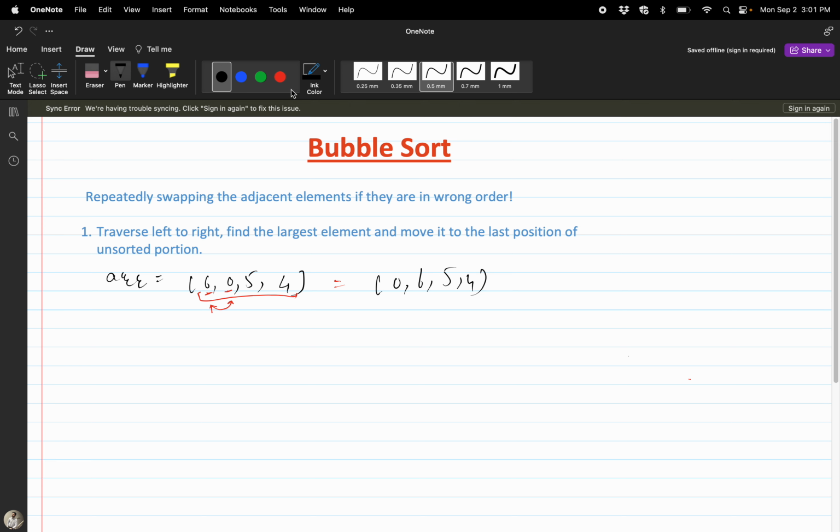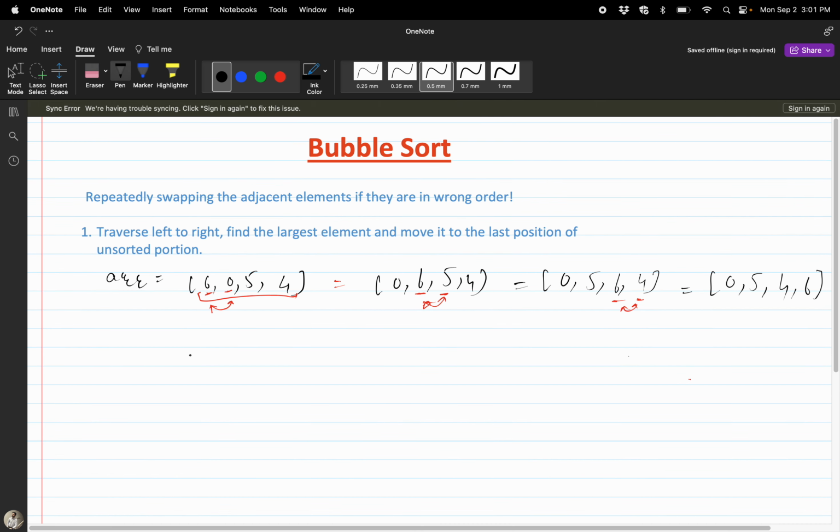5, 4. And now again we'll compare two adjacent elements 6, 5. They are again in wrong order. We'll swap these two elements and the resulting array will be 0, 5, 6, 4. Again we'll compare two elements 6, 4. Yes, they are in wrong order. We'll again swap these two elements and the resulting array will be 0, 5, 4, 6. So this is our array, and we have successfully sorted the last element, moved the largest element to the last